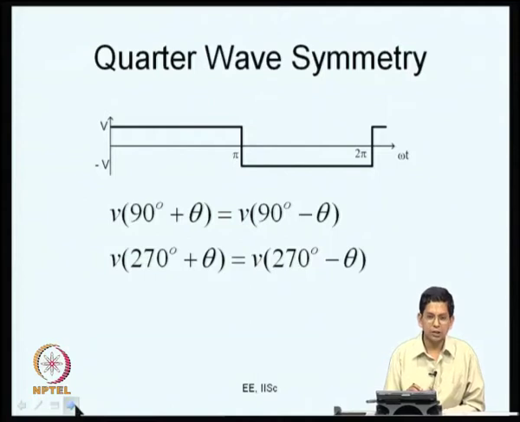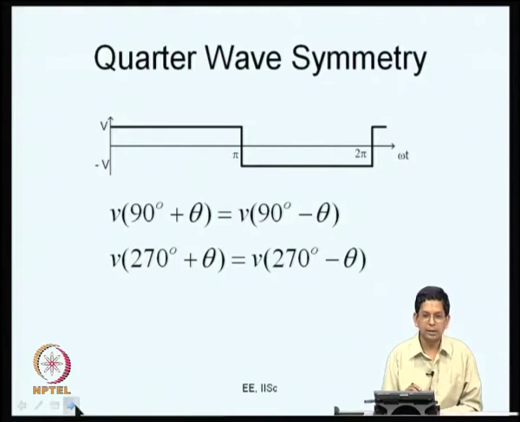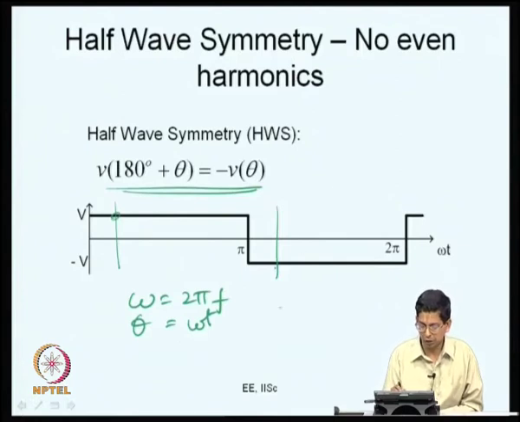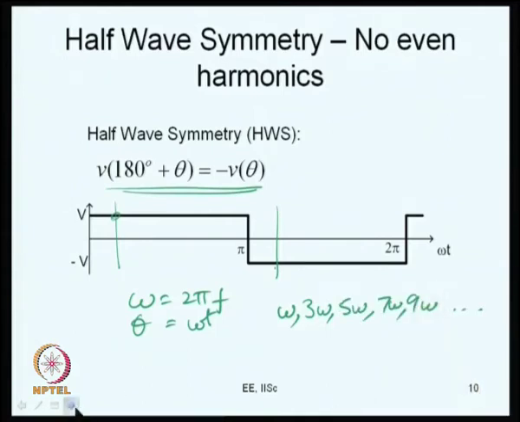So, of the various harmonics or frequency components we saw, they have no DC, they have a fundamental, and they have no even harmonics. So the waveforms in question have only odd harmonics. The frequency components are omega, 3 omega, 5 omega, 7 omega, 9 omega, etc. These are all the frequency components that you will find here.